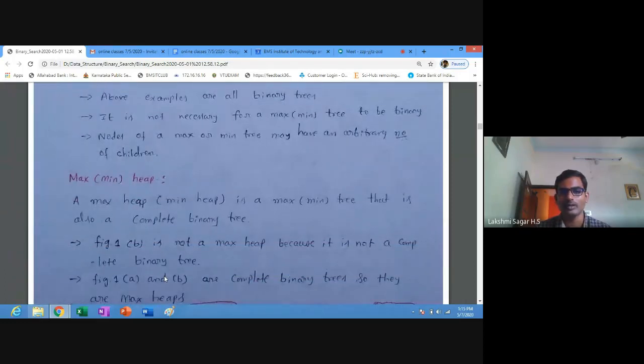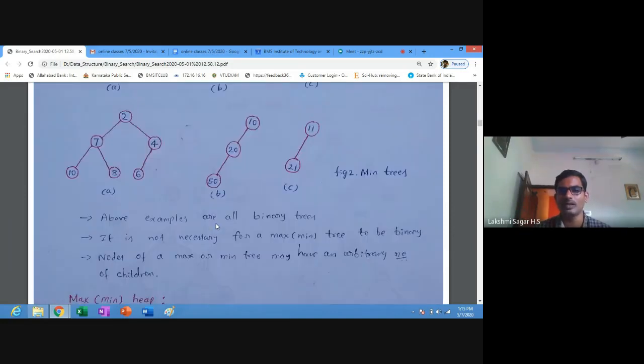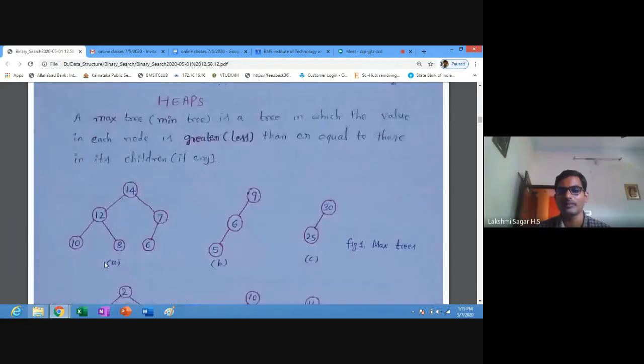Max or min heap: a max heap or min heap is a max or min tree that is also a complete binary tree. So it may be a max heap or min heap, but it should be a complete binary tree. In figure 1a, you can count the number of elements: 1 2 3 4 5 6.